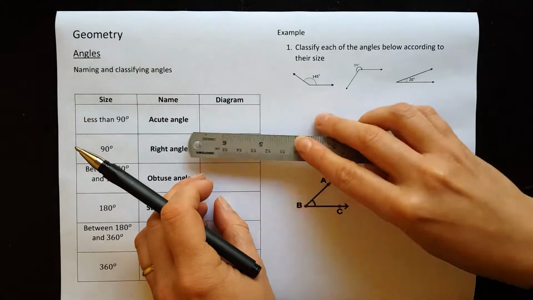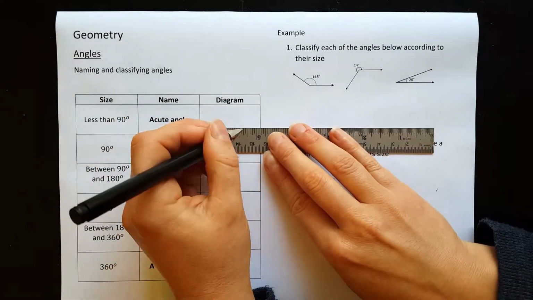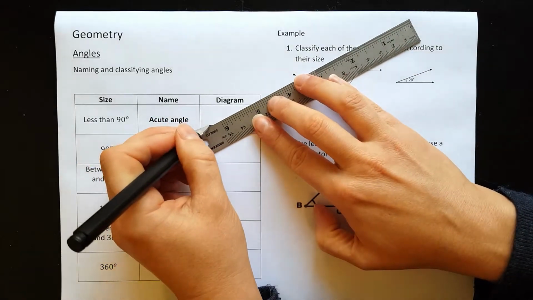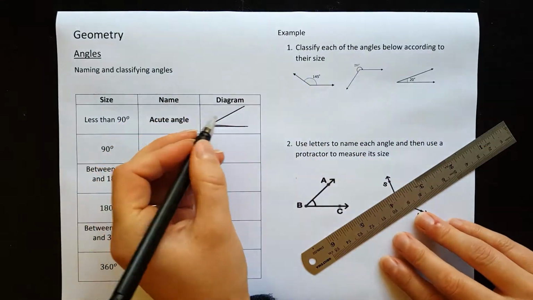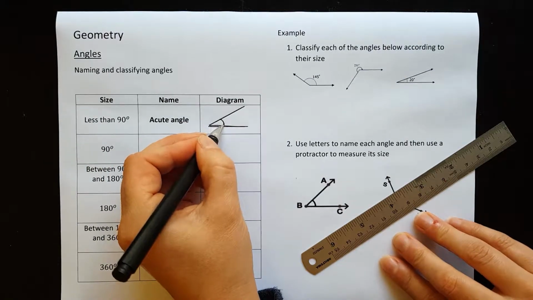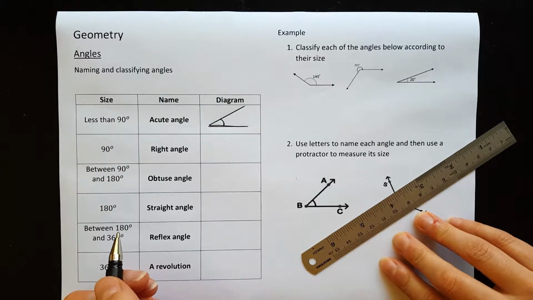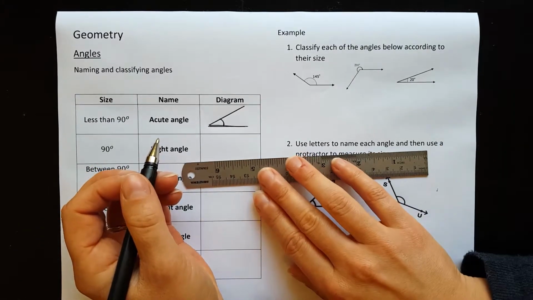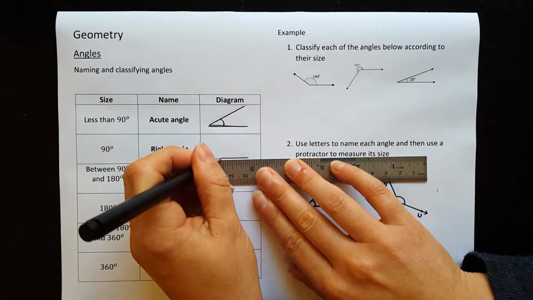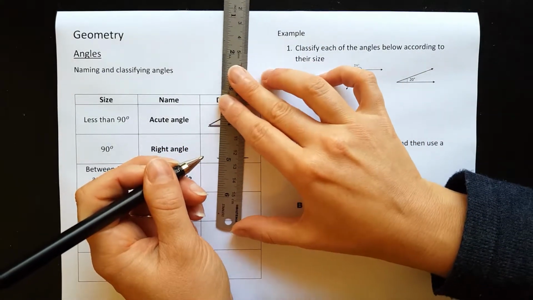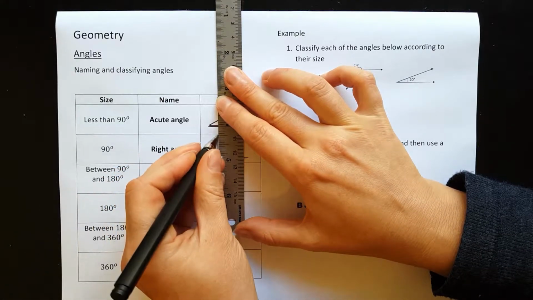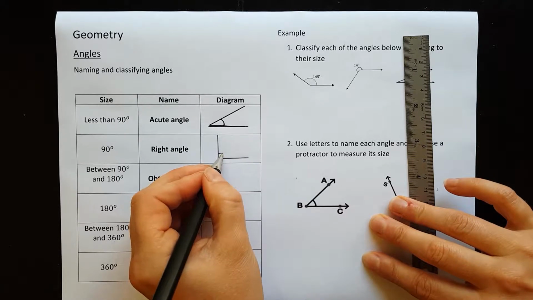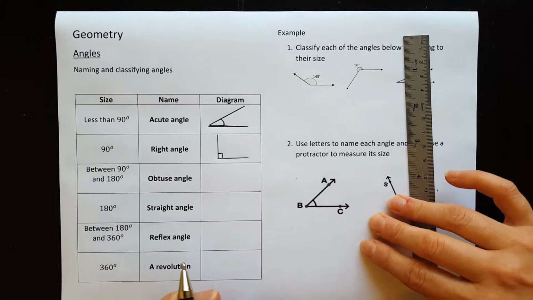Now to show you what that would look like, I'll draw you a quick little diagram over here. That angle there, in here, would be less than 90 degrees. That is an acute angle. A 90-degree angle we call a right angle. Flat across the bottom, and then vertically goes upwards, like that. To label a right angle, we put a little square in the corner to say it is a right